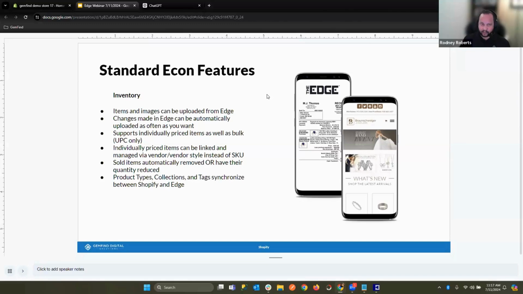Yeah, so you can shrink that window down to as small as 5 minutes. I think by default it's 15. And if you need to, you can also force it. You can force the sync at any time. You also get support for individually priced items or bulk priced items, just depending on which you